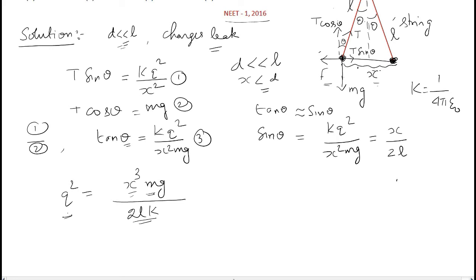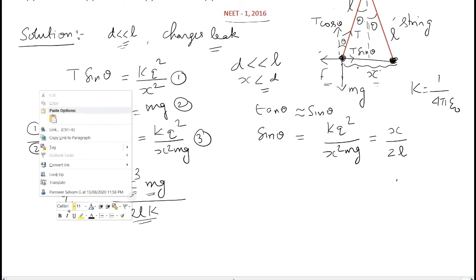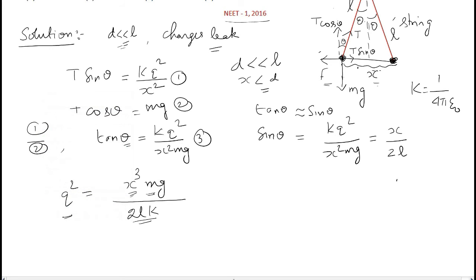But the charge is leaking, so x will decrease. Charge becomes smaller, therefore x will decrease, because m is constant, g constant, k constant, l constant. There is a dependence of q on x. As q decreases, x will decrease. What is x? Distance between the two spheres. So first we will, but actually charge is leaking, so x will vary.